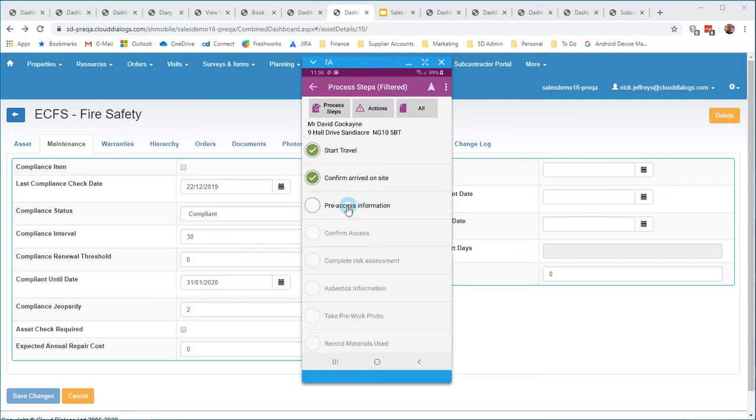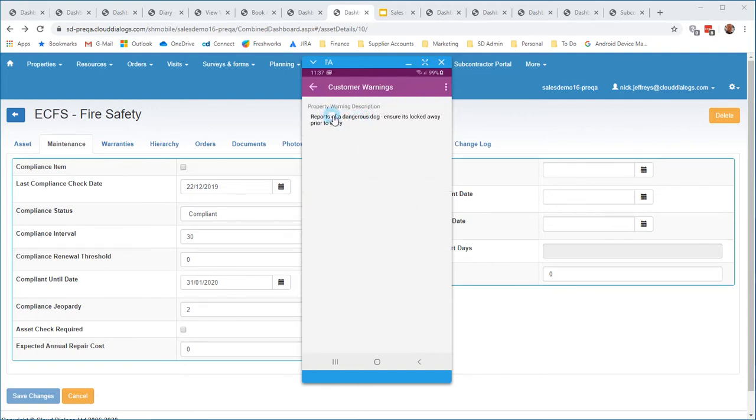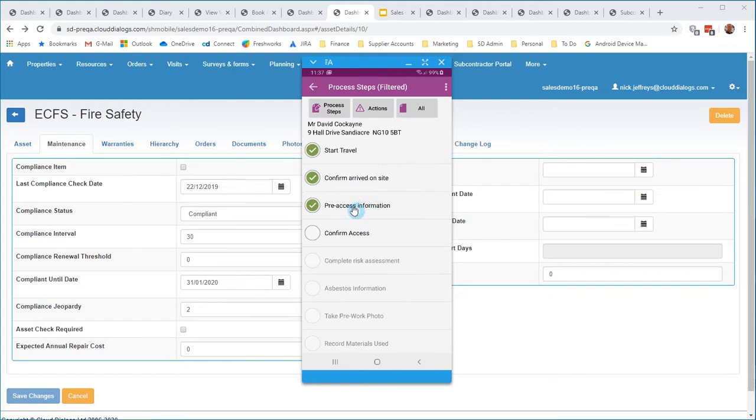We might want the user to access some information about the property before entering. So this is just whatever information. This might be held in Connect. This might be passed through from an external system. What's nice about this is we've got timestamped evidence that the user recorded this. So not only is it built into the process, but every step on here is individually audited